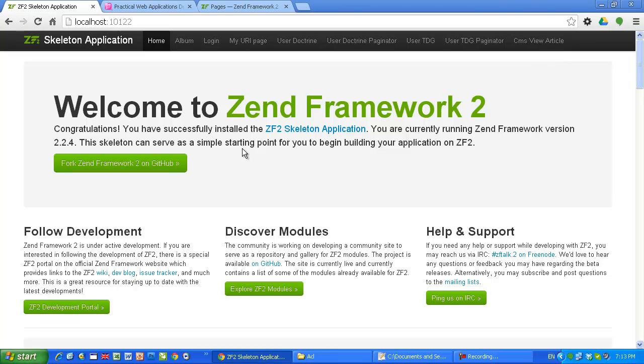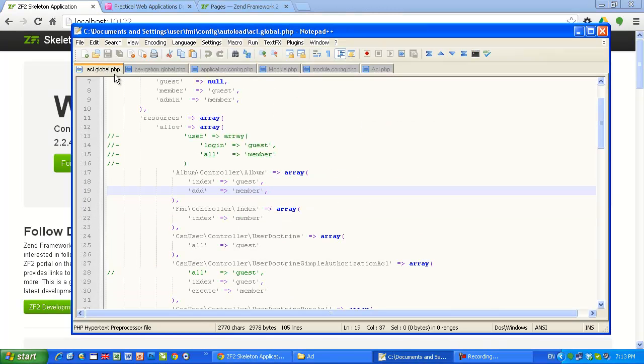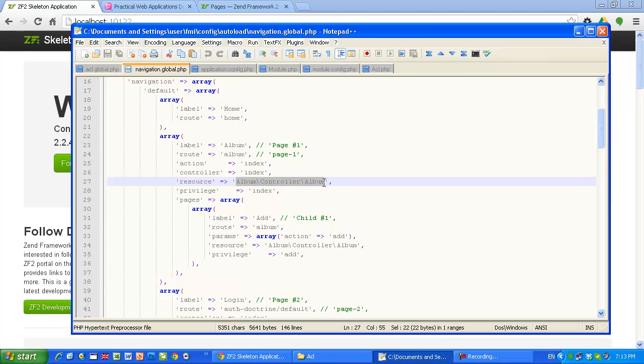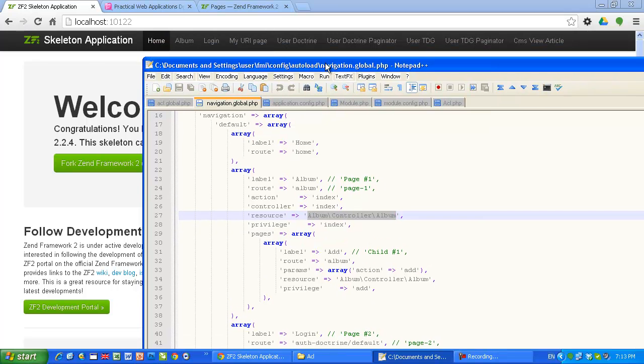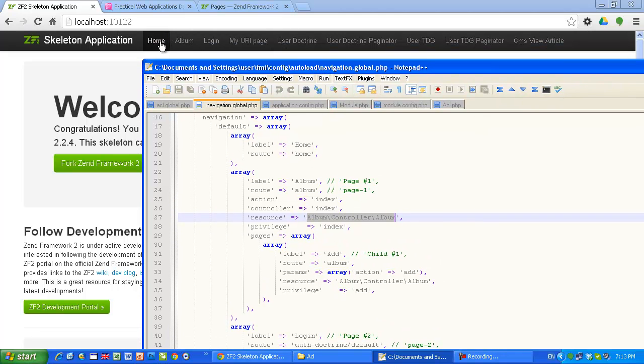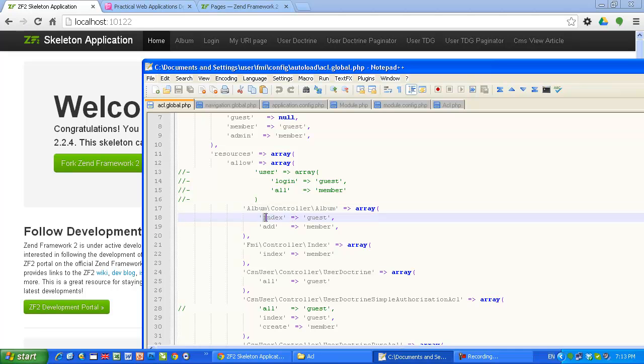Let's look at now the ACL. Album, controller, album. This is the resource in the ACL global. I'm using the same name as I said, just to be in sync and make it a little bit easier to understand for me. For this navigational element, I mean this one. Okay. In the ACL, I have described this. To index action of this controller has access guest, I mean everybody. To add action of the very same controller, the access has only the member. That's why, as you can see now,